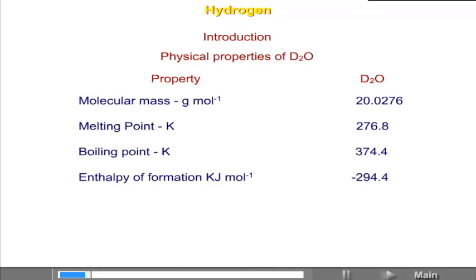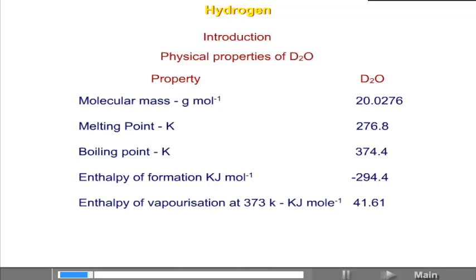Enthalpy of formation in kilojoules per mole minus 294.4. Enthalpy of vaporization at 373 Kelvin in kilojoule per mole is 41.61. Temperature of maximum density in grams per centimeter cube is